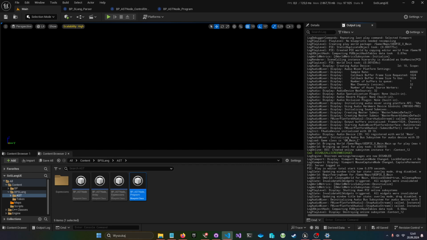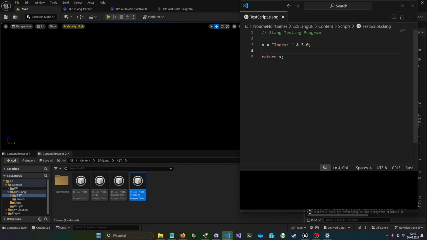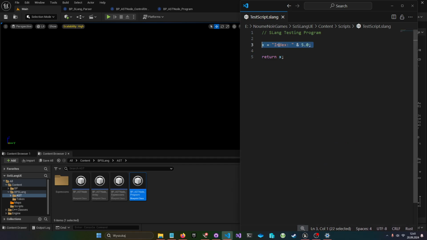So let's start from something simple. Let me just take my VS Code, because I write it in VS Code. I have my own text editor, kind of IDE in my own game, but here I'm just using VS Code because I'm just importing the text by itself. And maybe let's start from something super simple. So variable declaration.